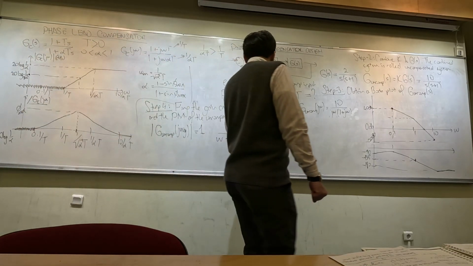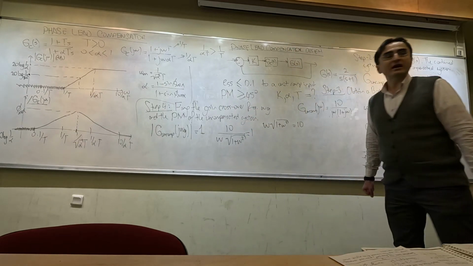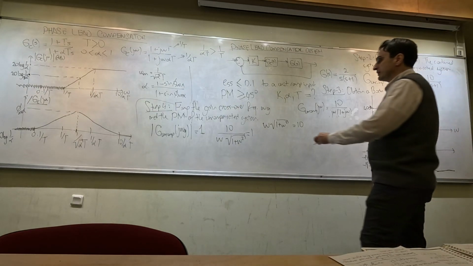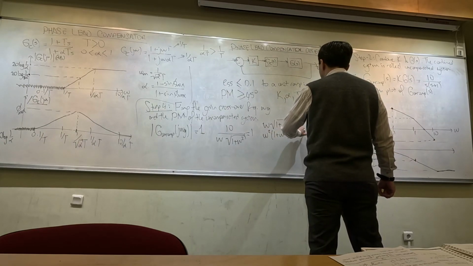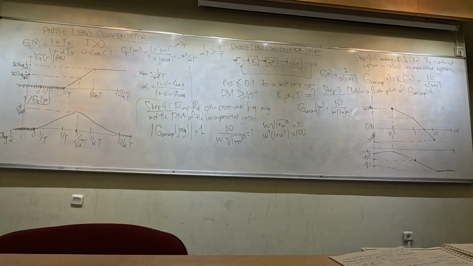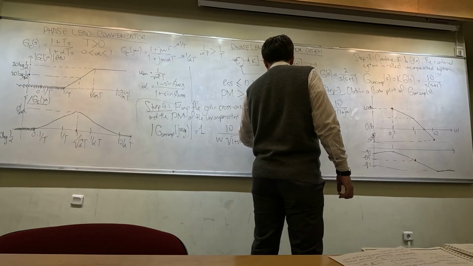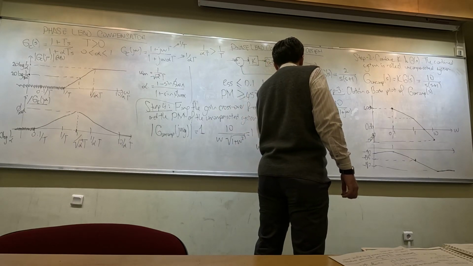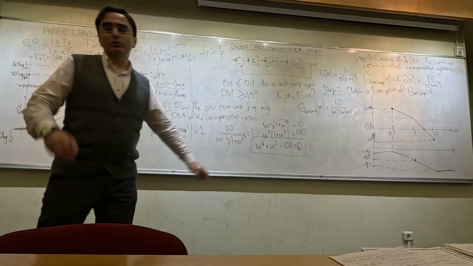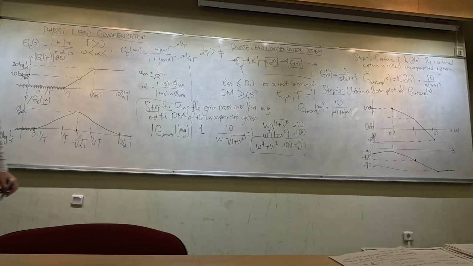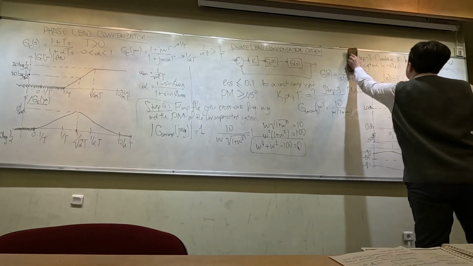That actually means that omega times square root of 1 plus omega squared is going to be equal to 10. If I take the square of both sides, I'm going to get omega squared times 1 plus omega squared equal to 100. So when I write this, it is going to be omega to the 4 plus omega squared minus 100 equal to 0. The gain crossover frequency is going to be a root of this polynomial equation. Okay? So now I can calculate